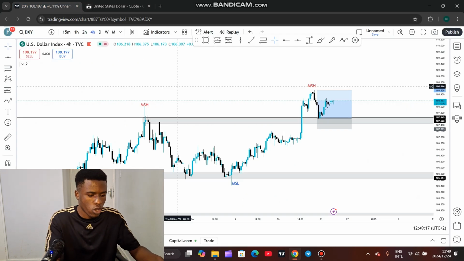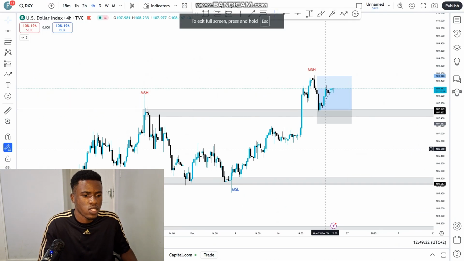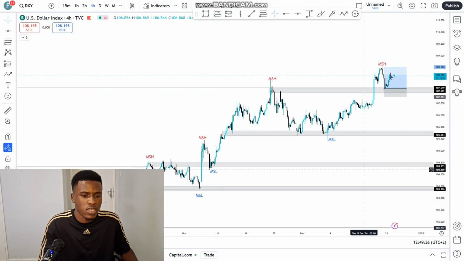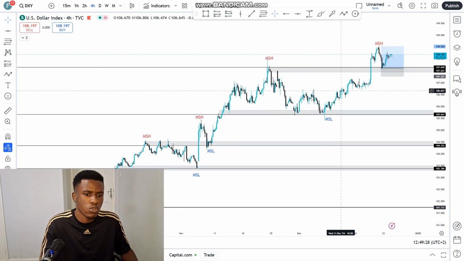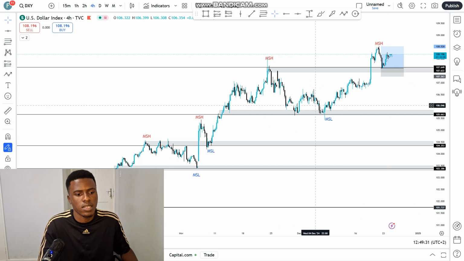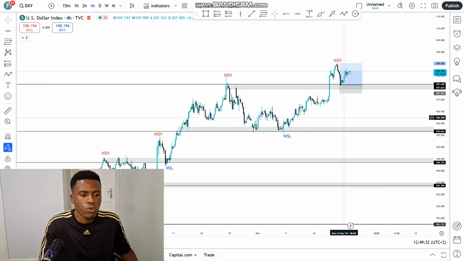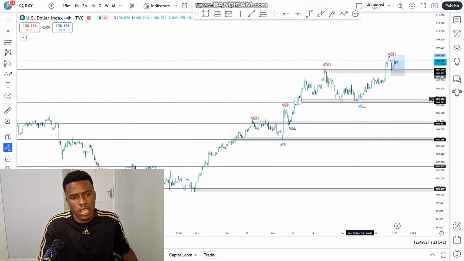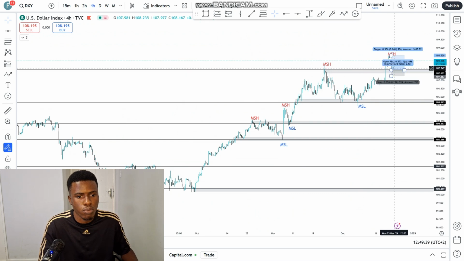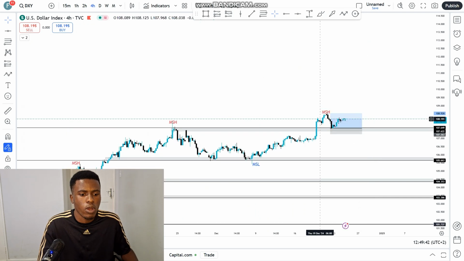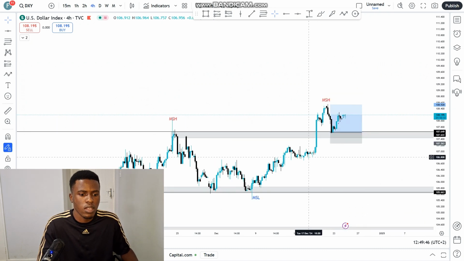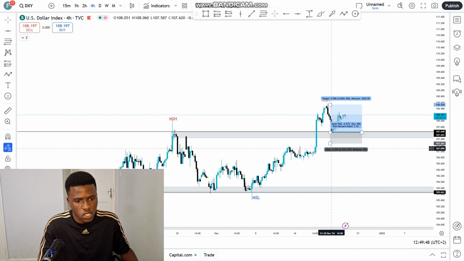So if we go back to our charts, you can see already from the fundamentals, it's also true on the technical side, because you can see that the US dollar has been making these higher highs and higher lows consistently. Obviously that news just came out last week. So I think this was the push right here from what we heard from the Fed not cutting rates as much as people expected. So this was the push, and I'm expecting this push to continue.